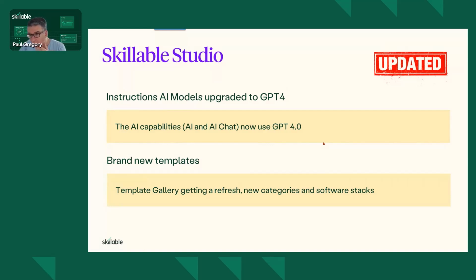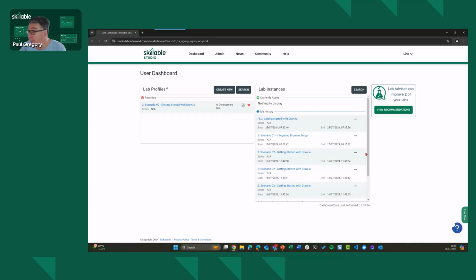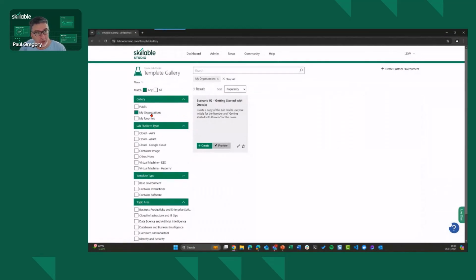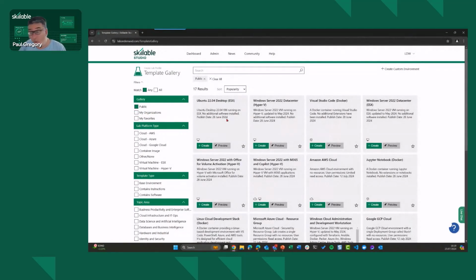The last thing that I would like to talk about, in terms of new features, is the template gallery. Okay, so we use the template gallery a lot on the lab developer workshops because we normally go in and hit create new, and then we get you to hit my organizations so you can use the template that's in here. But for quite a long time, we've had a public template gallery. Okay, and if I'm completely honest,